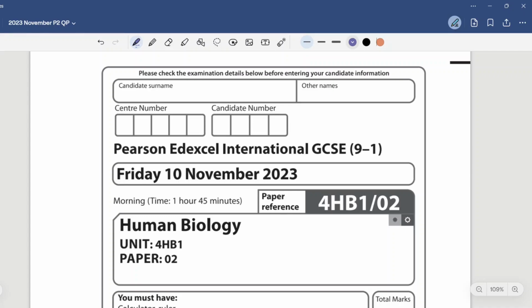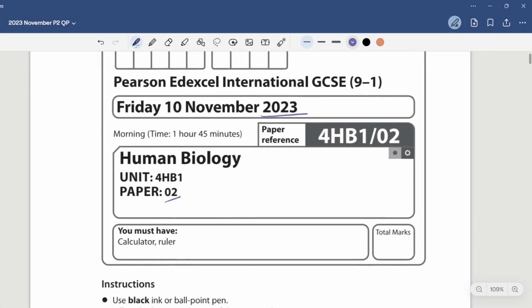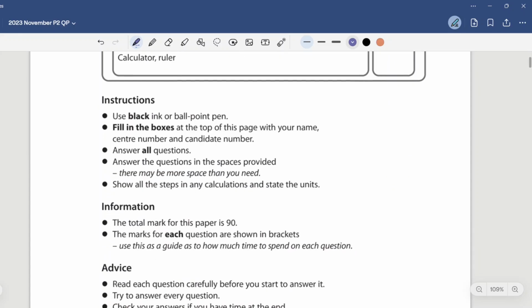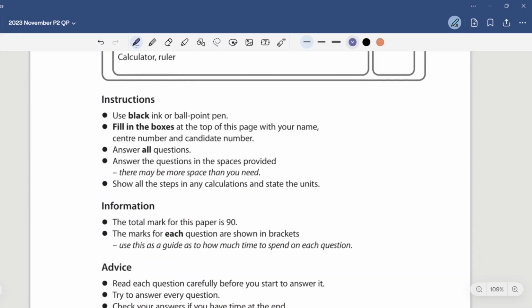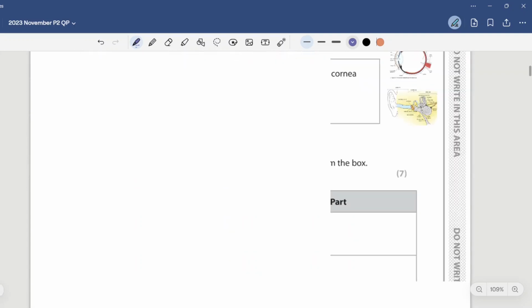All right, hi everyone. This is the IGCSE Edexcel Human Biology past paper, and this is for November 2023. This is paper 2, as you can see over here. And for this paper, the total marks is 90, and it tests you on the entire syllabus, so all topics. All right, let's start off with